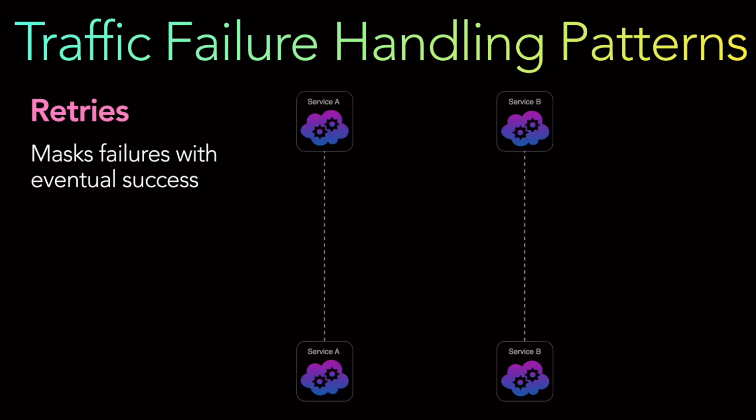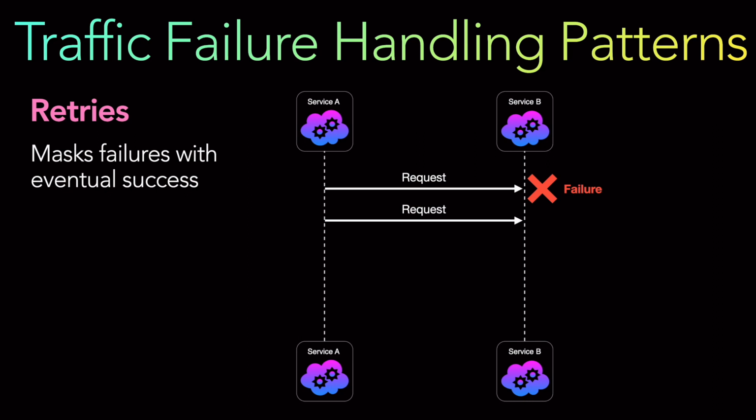Same scenario, service A, service B. Service A is calling service B for an API with a request, but say that request failed. That can be a failure due to connection timeout or request timeout or any kind of normal failure also. Instead of responding back to the caller of service A saying that the entire request failed in the first attempt, you can request again. This is the first retry that you are doing, another call to service B,